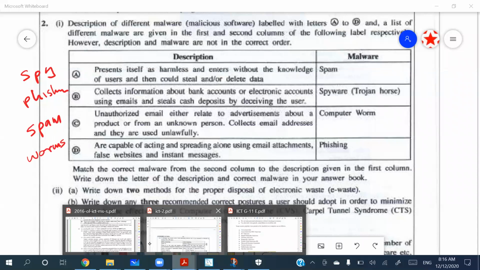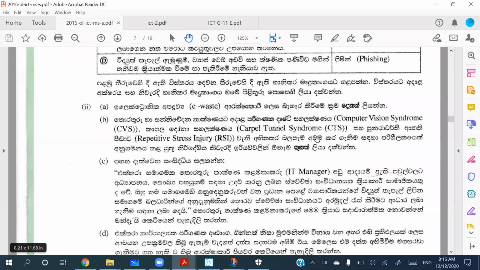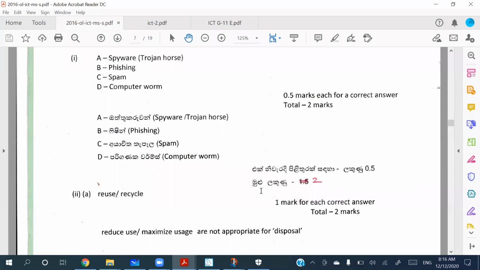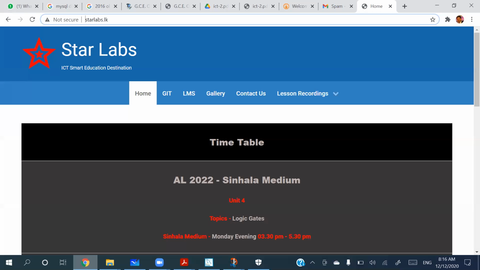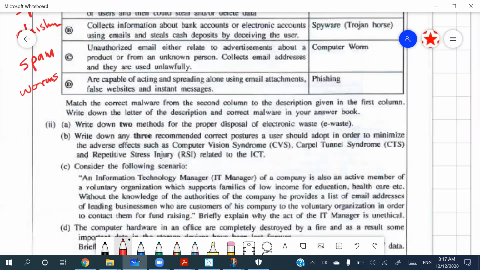Let's go for the marking scheme and confirm the things. Yeah, first one is spyware, second one is phishing, third one is spam, and last one is computer worms. So 0.5 for each mark, for each correct answer, right? Yes, the second part it is asking